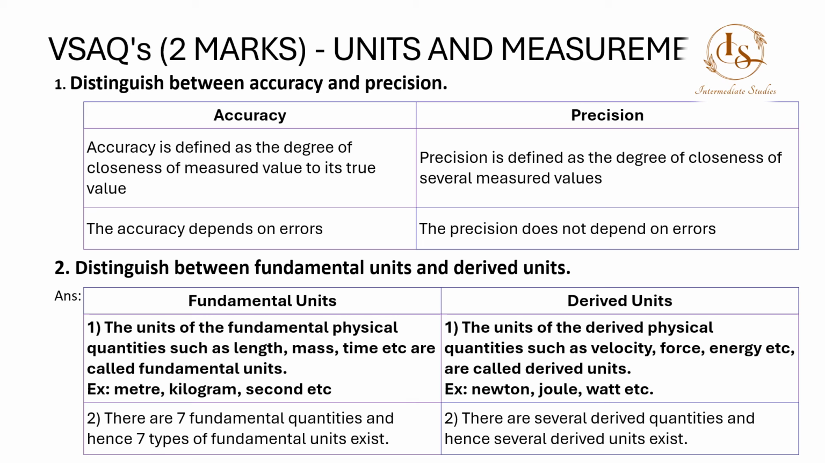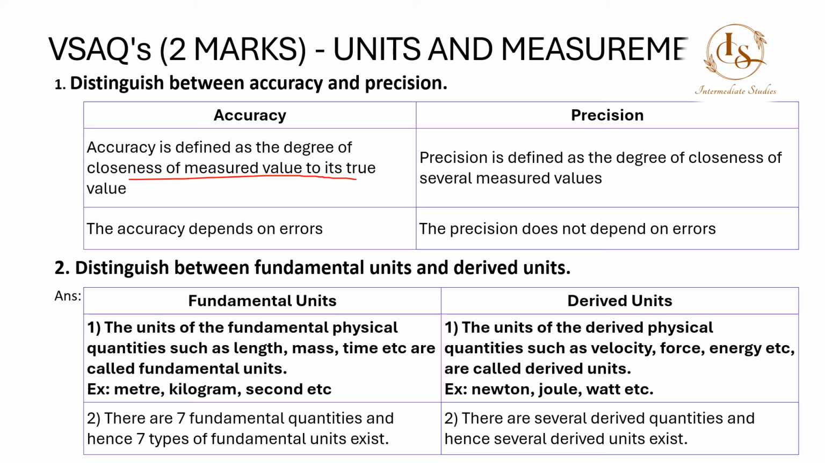Here is the first question. Distinguish between accuracy and precision. Accuracy is nothing but how close our measured value is to its true value, whereas precision gives the closeness of several measured values. If you see the accuracy definition, accuracy is defined as the degree of closeness of the measured value to